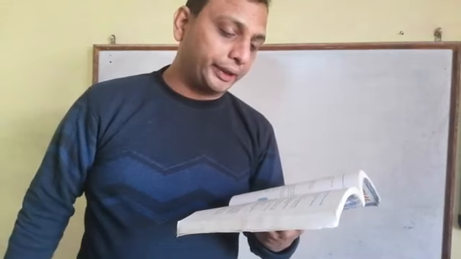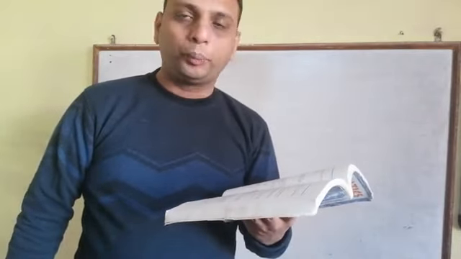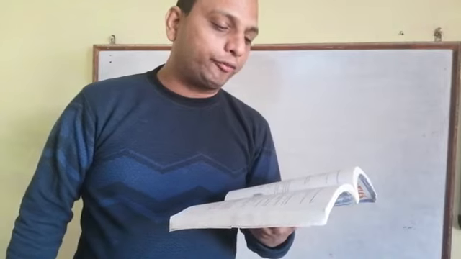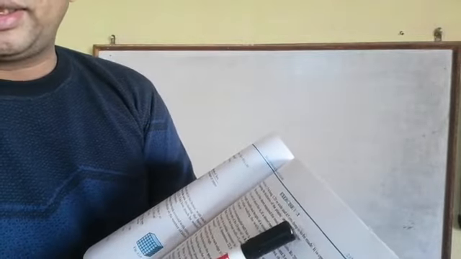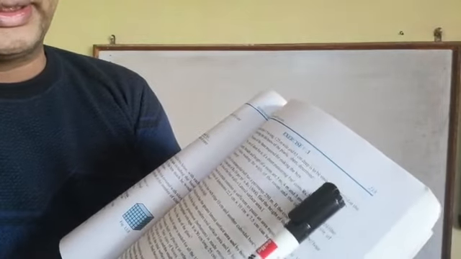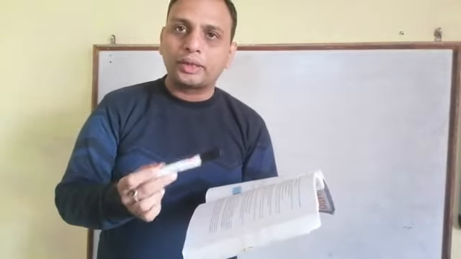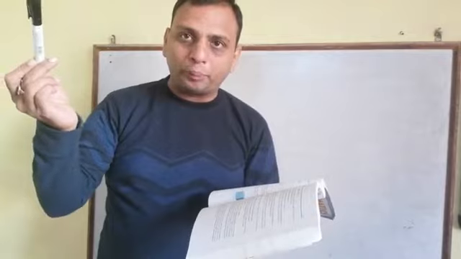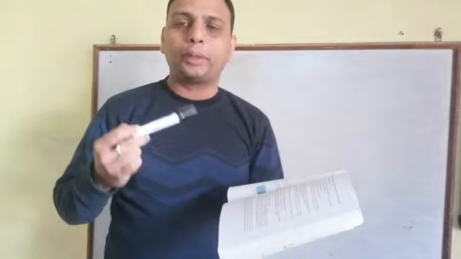Ignoring the thickness of the plastic sheet, determine the area of the sheet required for making the box, and the cost of the sheet if the sheet costs 20 rupees per square meter. The length, breadth and height are given in the question, and it is told that the box is open from the top. So the box is in the shape of a cuboid, and I had already told what the formula is if one part is open.